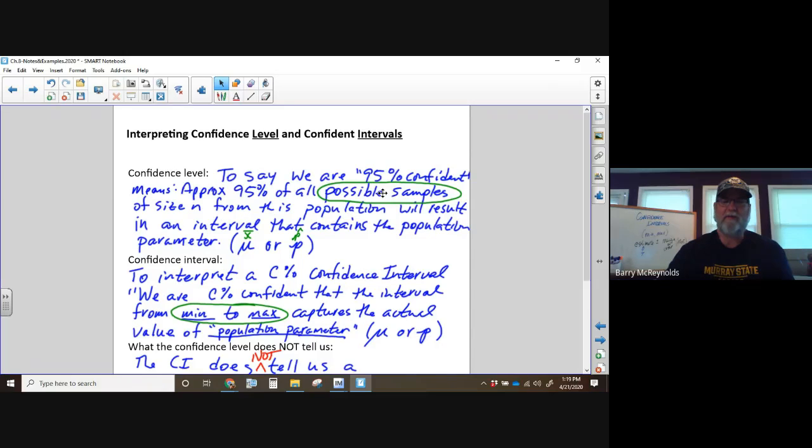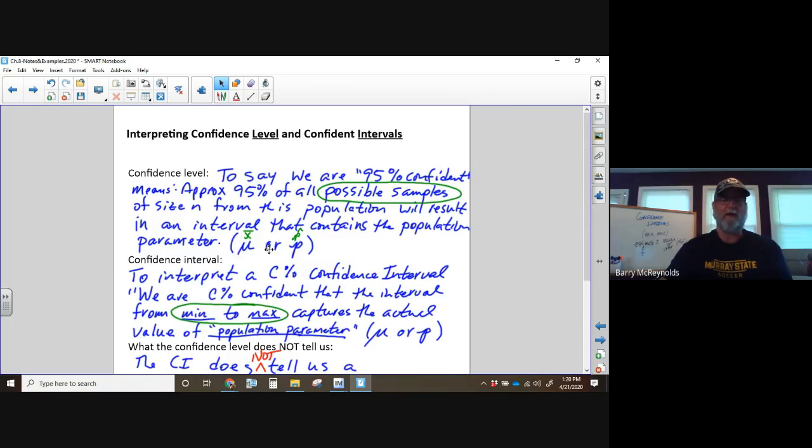Approximately 95% of all samples. Okay, so if we're talking about the number of samples and we're talking confidence level, a sample of size n from this population will result in an interval that contains the population parameter. What's the interval? We don't know. Based on the confidence level, all we know is that after repeated samples over and over and over, about 95% of them, or 90% or 99%, whatever your confidence level is, that percentage of samples will